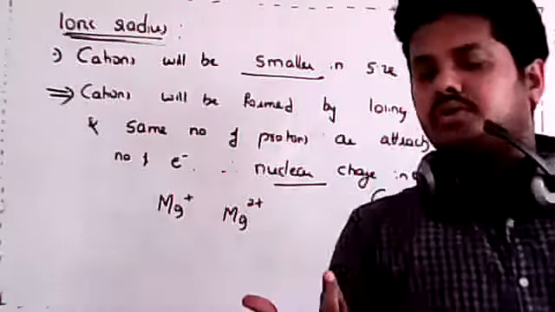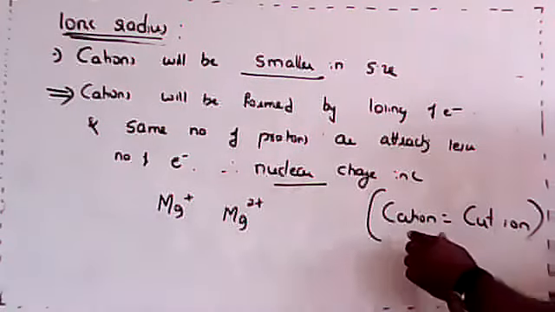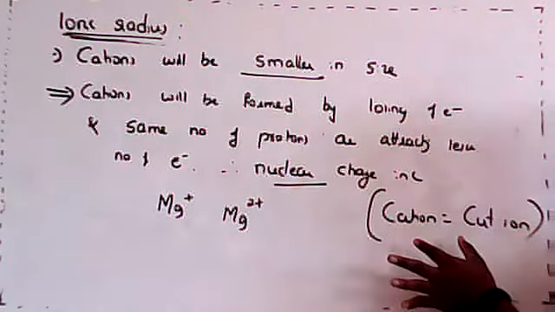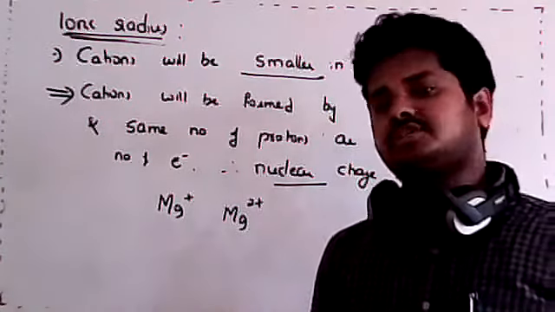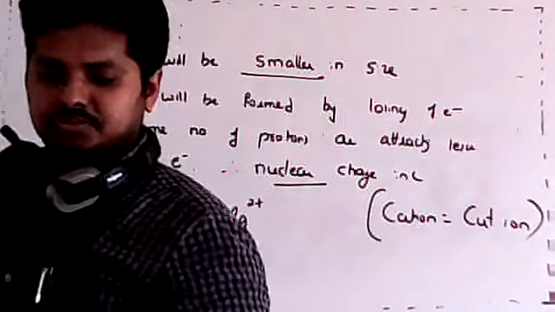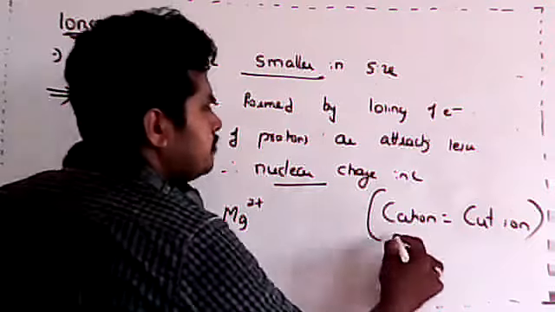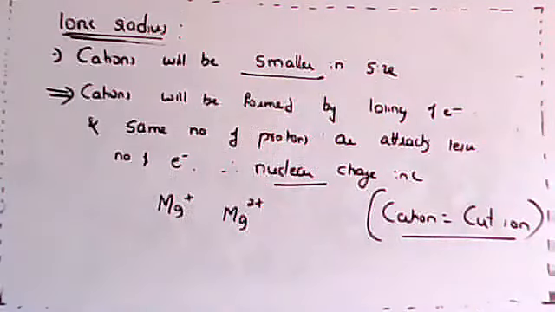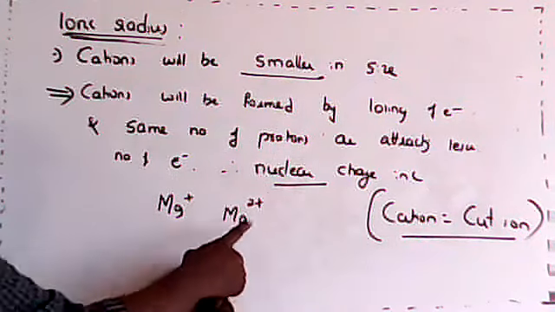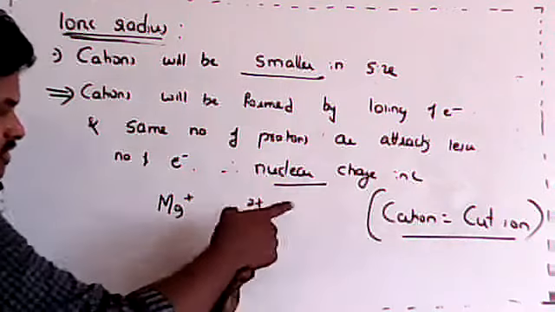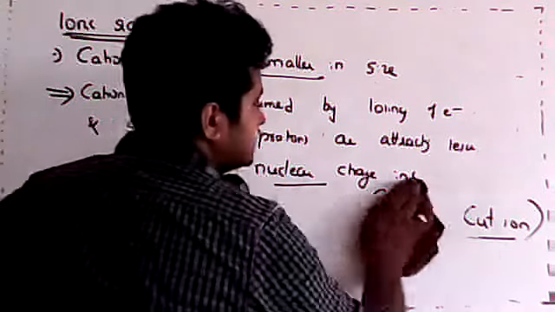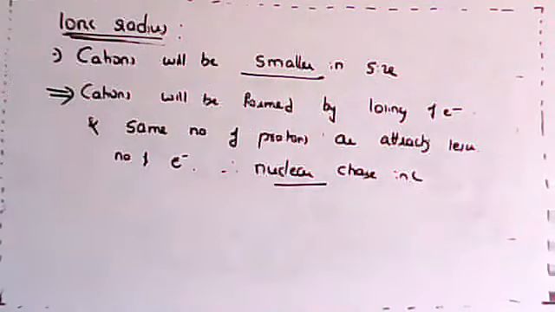Yes, it loses 2 electrons. Yes, Shilpa, right? See here, again, this will help you to remember. Cation and cation. If I'm getting an atom now and I cut it into 2 pieces, then the size will be further small. So that's the reason. This would definitely help you to understand which will be smaller. More the charge, more number of cation charge, lesser will be the size. I hope this is clear to you, right?